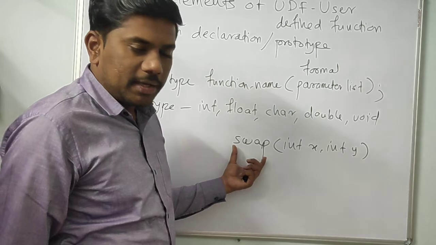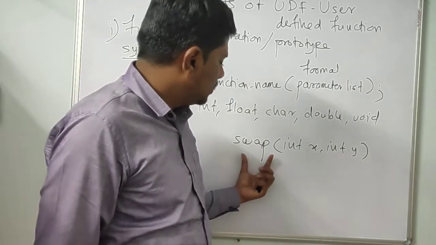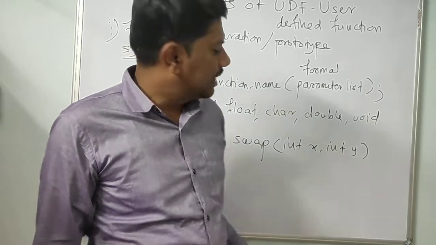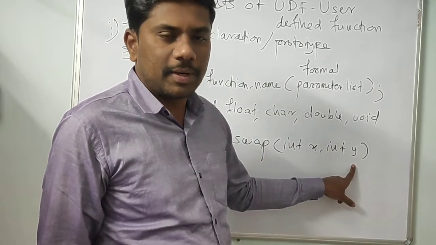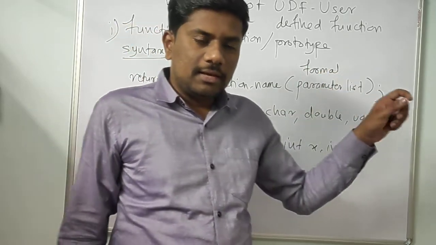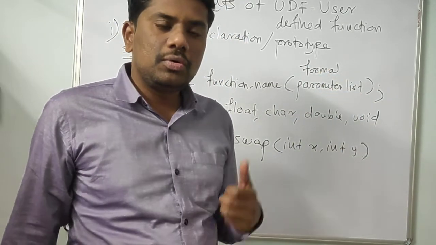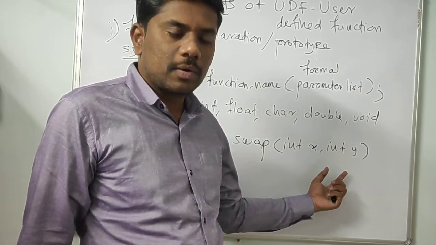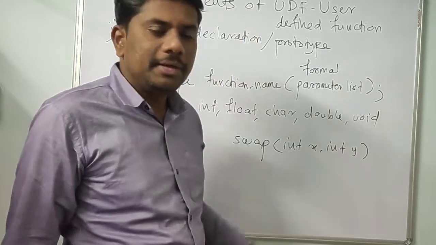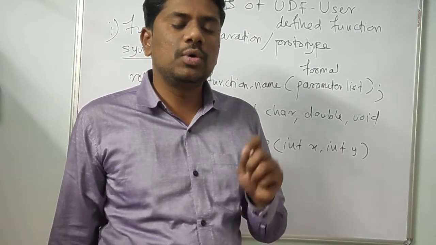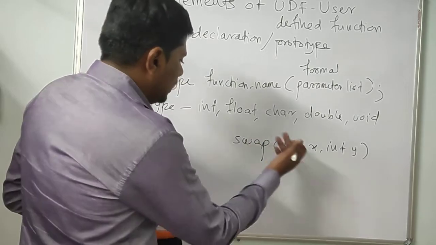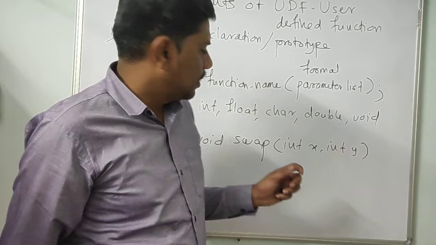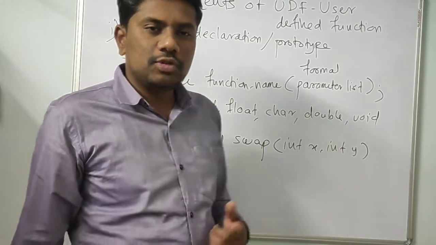So see here, my user defined function is swap, and this swap function is taking two inputs. Those inputs will be received in x and y variables respectively, and whatever input swap is going to receive, the type of that input should be int and int. From this bracket you can understand how many inputs there are to your swap function. In this case we are not returning any value because there are two values. The output of swapping should be two values.